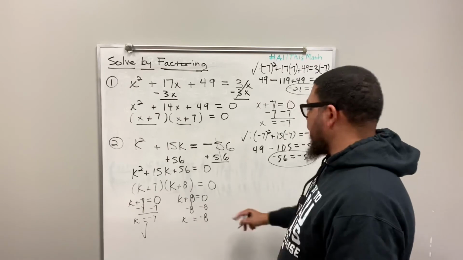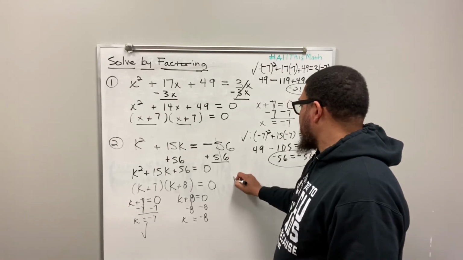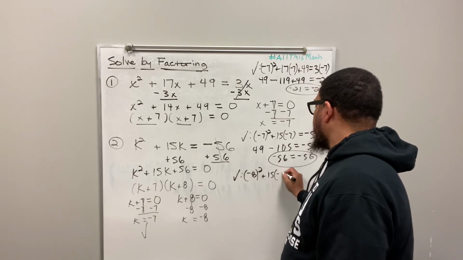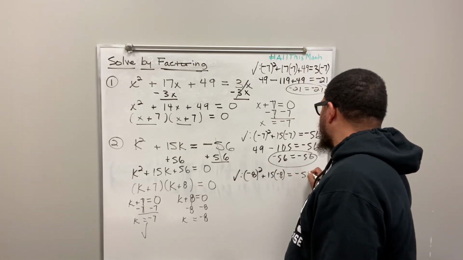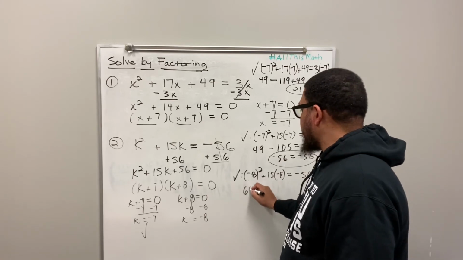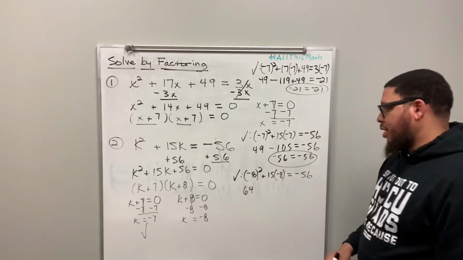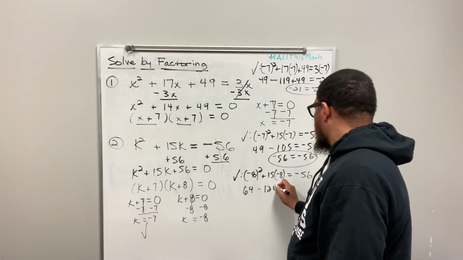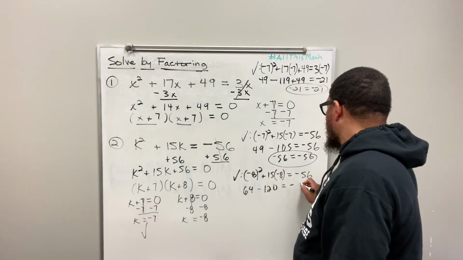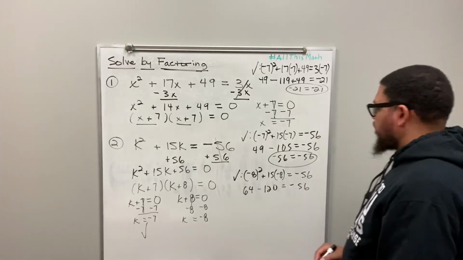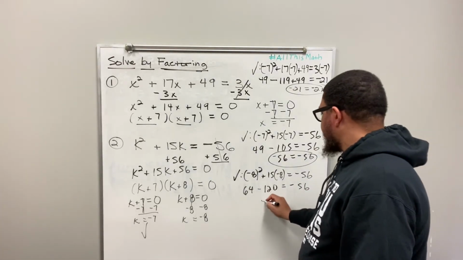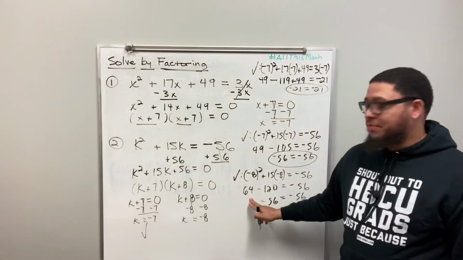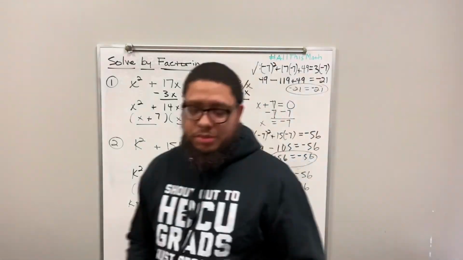Now we got to know if -8 works. Does -8 work? -8 squared plus 15 times -8 equals -56. -8 squared, we got 64. 15 times -8, that's going to be 80 plus 40, that's going to be 120. 64 minus 120 equals -56. Yep, -56, same scenario. If you got $64 in your checking account and you go out and buy something that